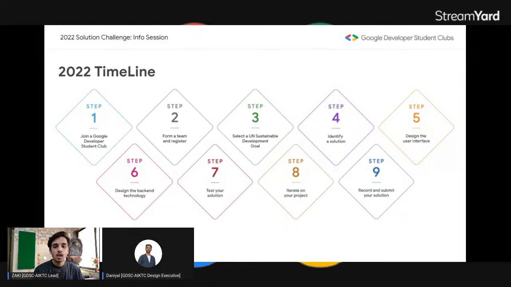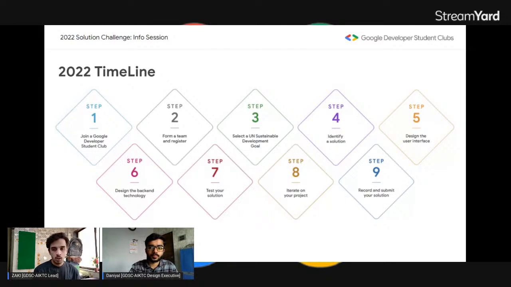Okay. So now, in step two, you have become a member of GDSC. Now you need to team up because you all know alone we can do little, but together we can do much more. Hence, you need to form a four-person team with at least one student from a university with a Google Developer Student Club.